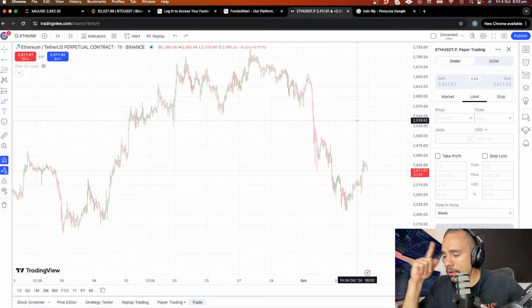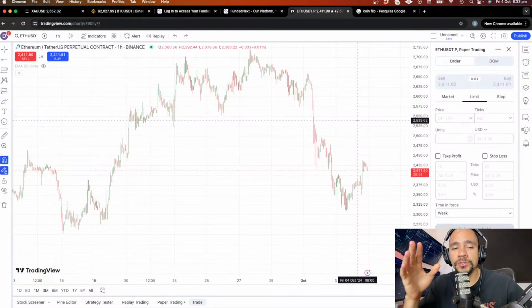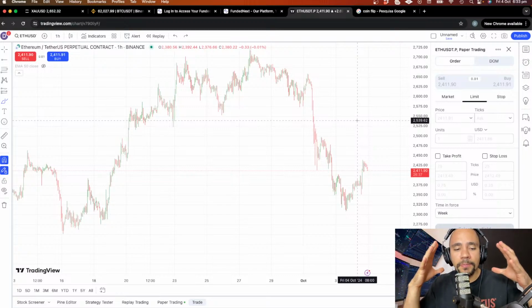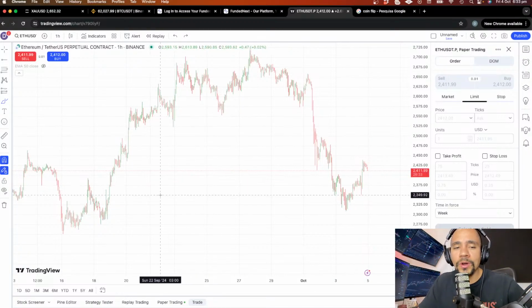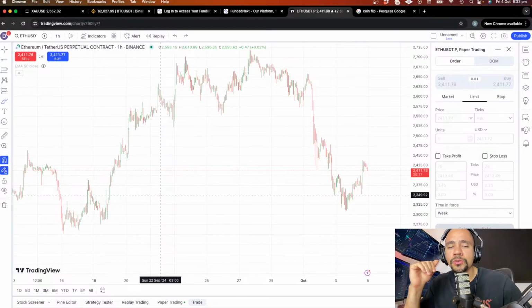I forgot the name now, the variance. Okay, you want to reduce the variance. So to reduce the variance, meaning you want to have the maximum amount of samples so that the result is not biased. So for example, if I have only one sample trade, you're never going to know if you're profitable or not, because it's just that trade. And let's say you won on that trade. It doesn't mean that because you won on one trade you're going to be profitable for the rest of your life. But after you trade 100 times, you're probably going to have an idea if that strategy is good or not.